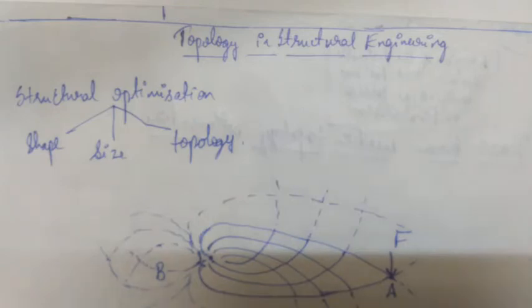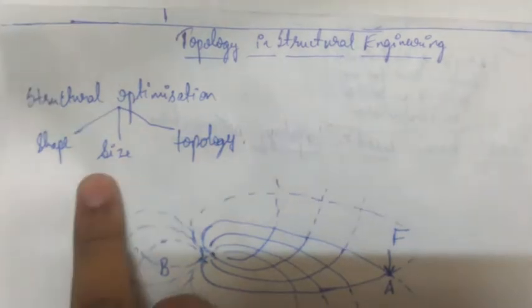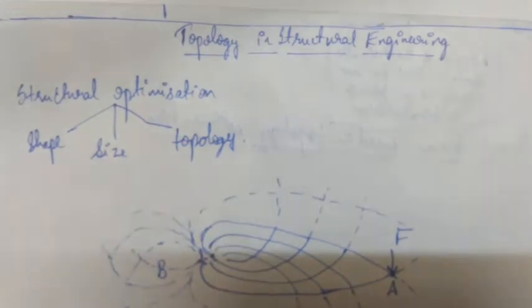Basically, structural optimization exists in shape, size, and topology. Structural topology optimization is the most general of the three categories. They are the number, location, size, and shape of openings within the continuum, etc. The modern topology optimization technique can be applied to generalized problems through the use of the finite element method as a